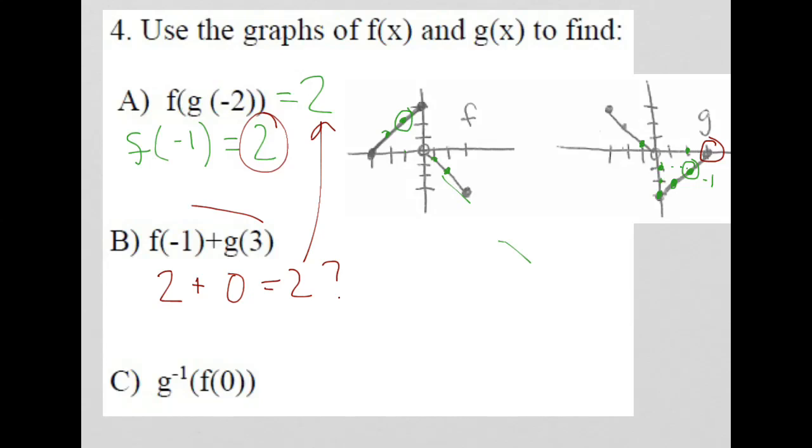That's nuts. f of -1 plus g of 3 equals f of g of -2. That doesn't really mean anything. That doesn't have any interesting implications, but it did happen. So that's kind of weird, and we can note it. Now if I go to this last one down here, part C, I'm talking about f of 0 first, because that is the innermost function. So, f of 0